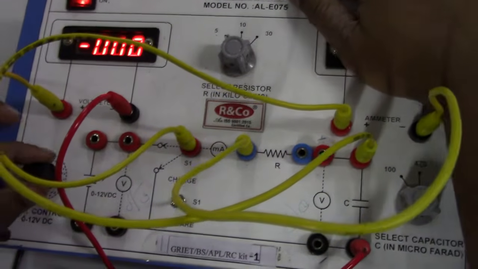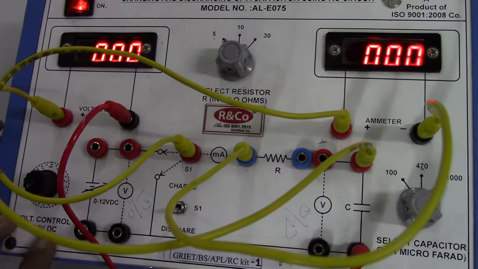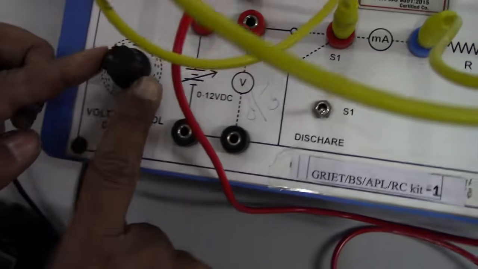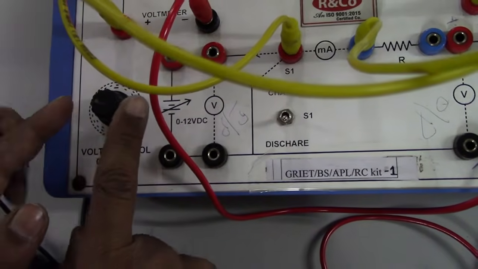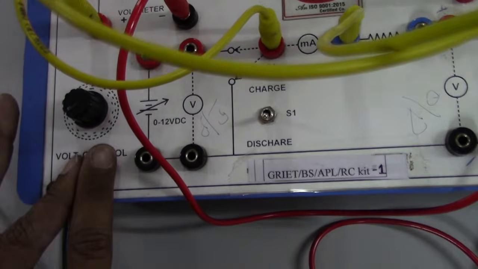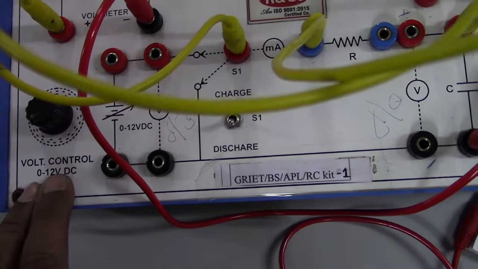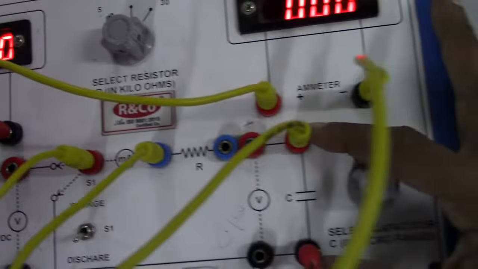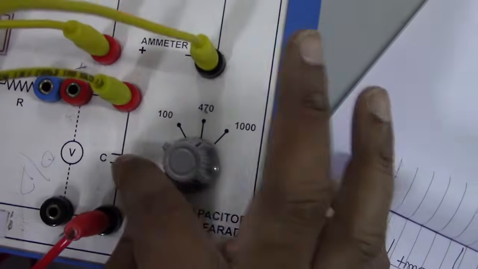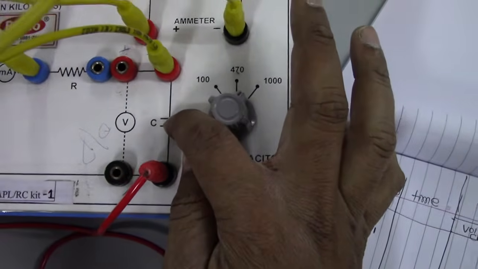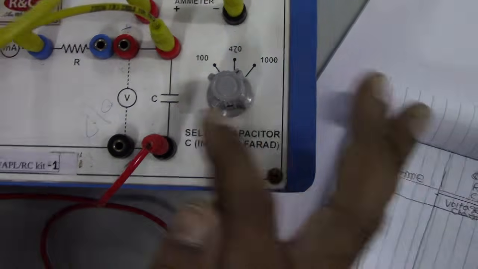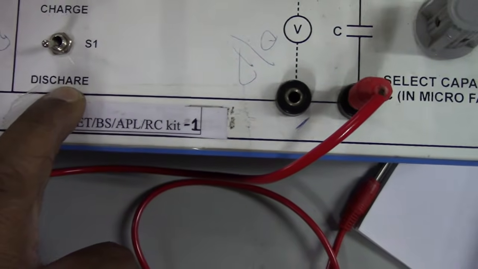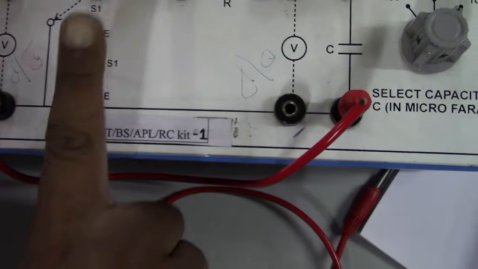Now rotate this DC battery to its maximum value. So here you see this is the minimum. Now the battery is at 0 volts, which means it is providing 0 volts potential difference. Now it is providing 12 volts. This is the maximum value provided by this particular DC voltage, but still it is showing 0 volts, which means that there is no charging. There is no charges at the two ends of the capacitor, which means there is no potential difference, means there is no charges at the two plates of the capacitor, because it is in what mode, student? Discharging mode.